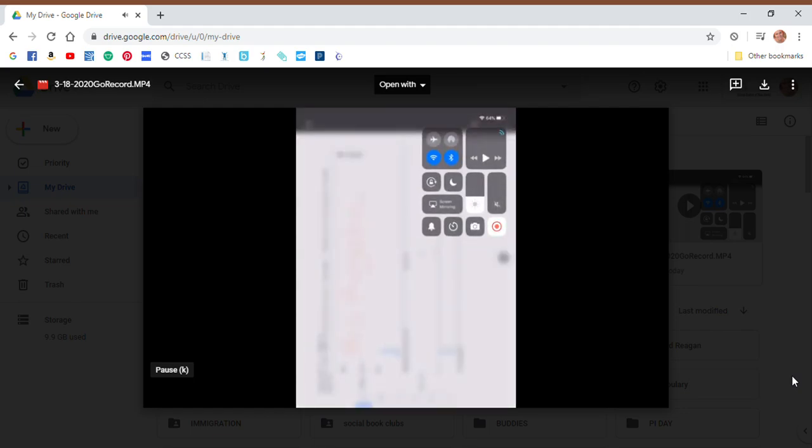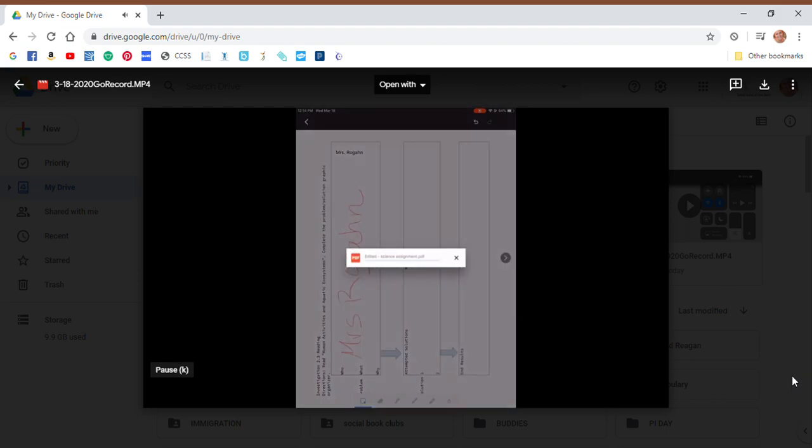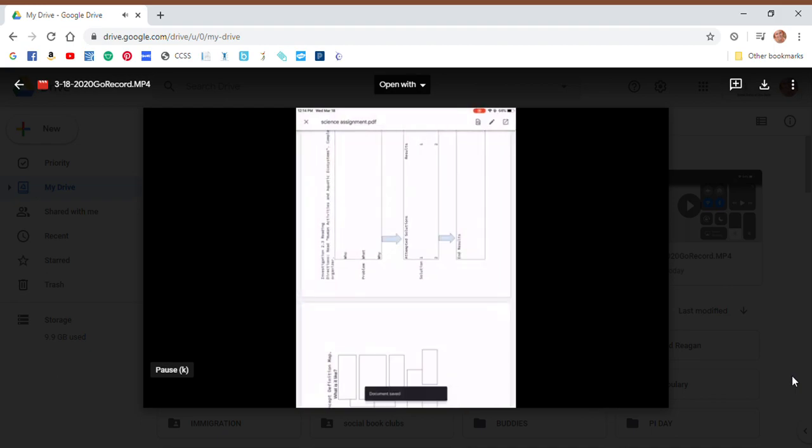So the purpose of that lock screen icon is no matter what I do, your work is not going to go anywhere. The orientation is locked. So I click the grayed out save button, and this takes a little bit to save,